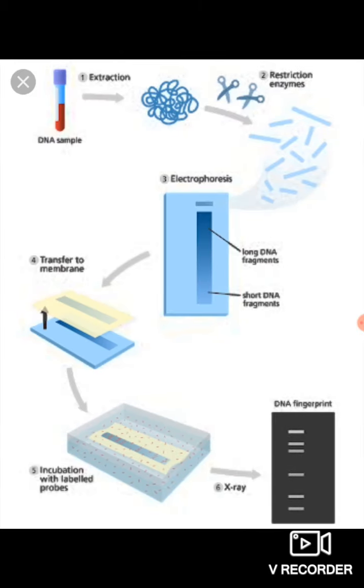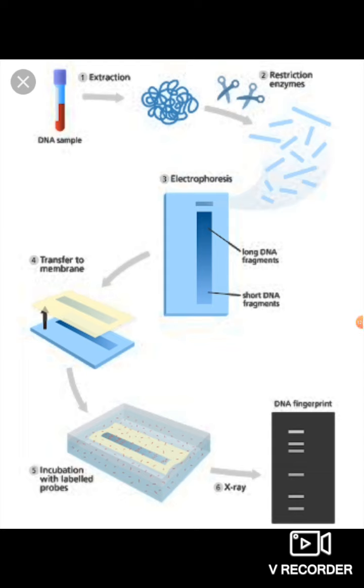Last topic for today. You can go to page number 10 in your textbook. A green box was given. What is DNA fingerprinting? This is not in your syllabus, only for your information. Lots of regions in between the genes are not functional. They show tremendous variation from person to person, and it helps in the identification of the individual, which is popularly known as DNA fingerprinting.